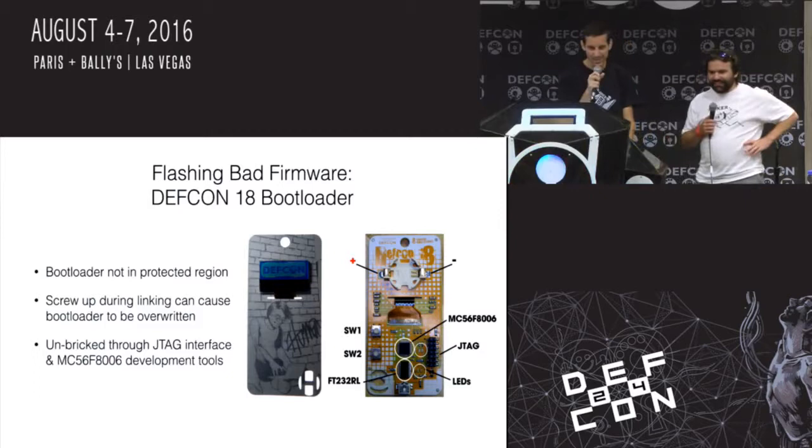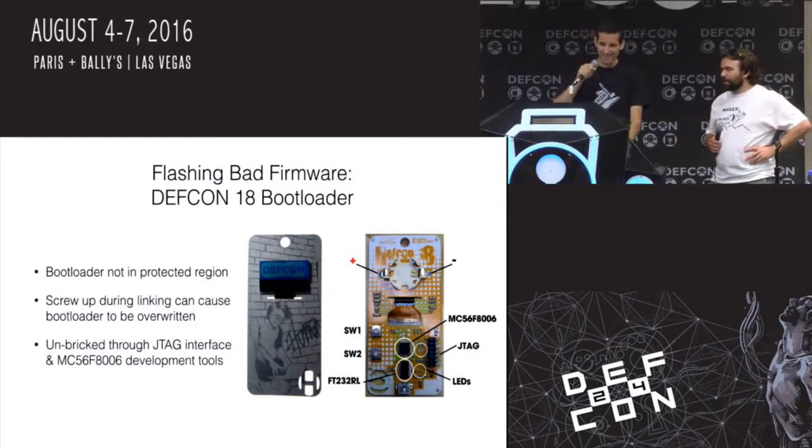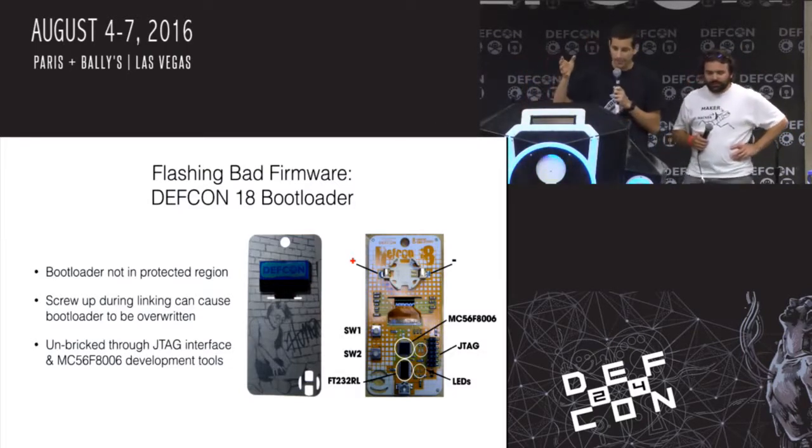All right, so no one has it, which is better because you probably didn't run into this issue. But welcome to DEF CON. So the DEF CON 18 badge was one that I designed. It was the last one I designed. And this particular one had an